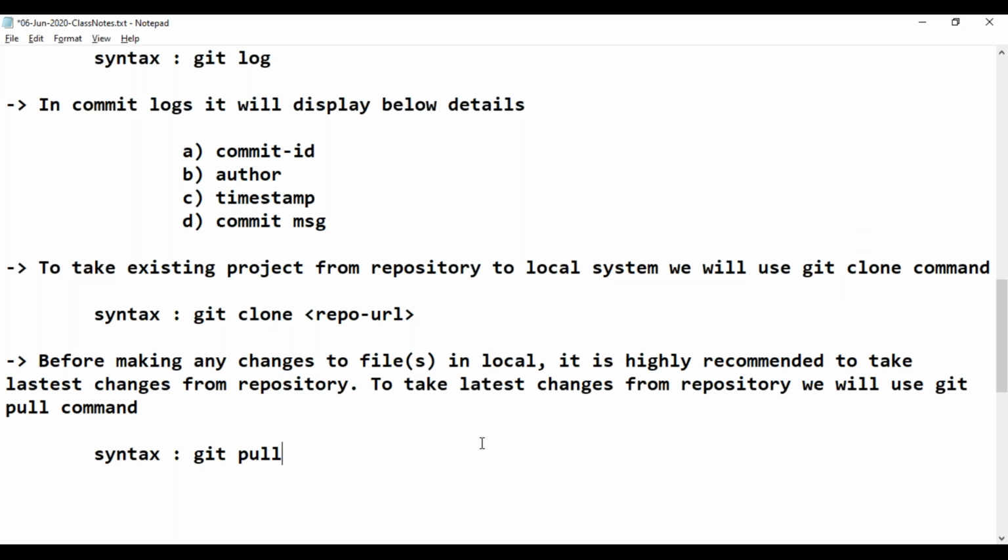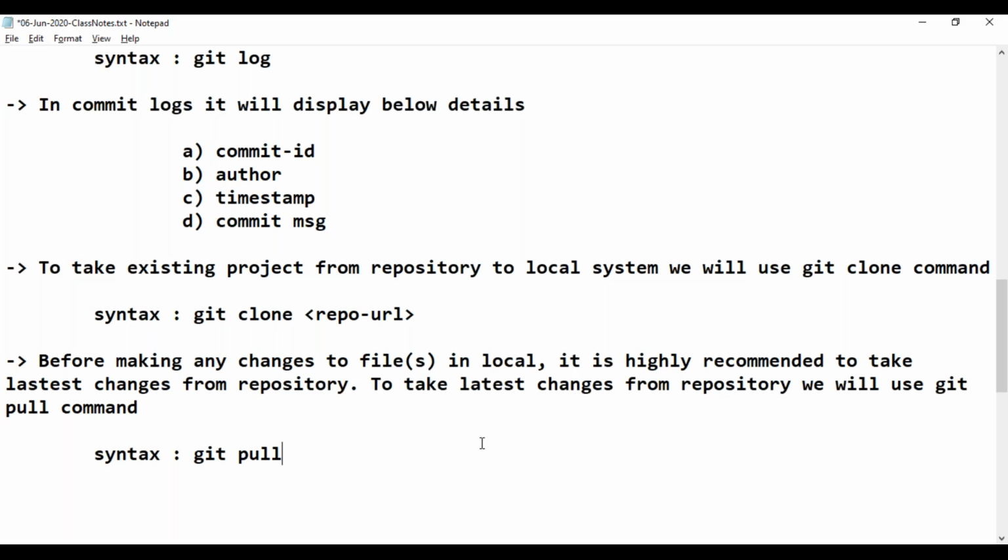First time if you use pull, if you don't understand from where it has to pull the data, you have to clone it first. Whenever you clone, your folder will be registered with that repository URL. So whenever you use the pull command, it is going to take the data from that repository to your local. So you should understand the difference between clone, pull, push, commit.